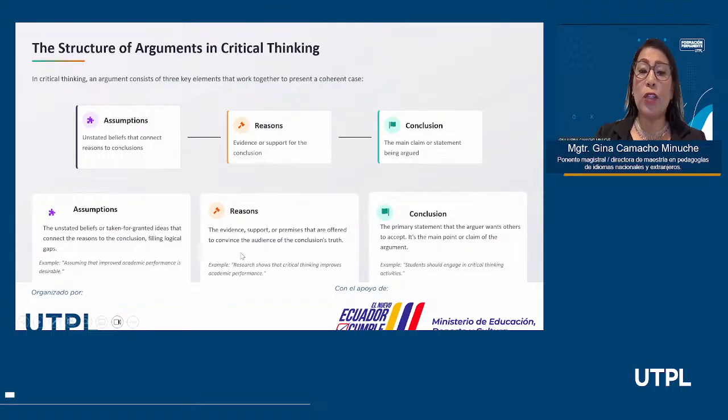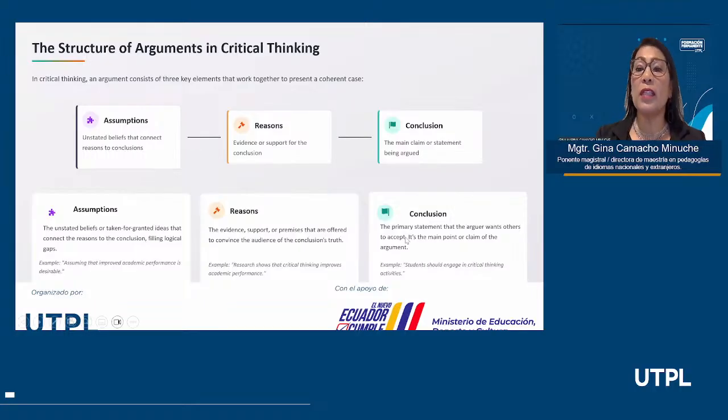Reasons. The reasons give you the evidence, the support, the premises that are offered to convince the audience of the conclusion's truth. For example, research shows that critical thinking improves academic performance. It's because the students have read the information, have gone beyond what you just provided them with, but they have done their own research to have this evidence.